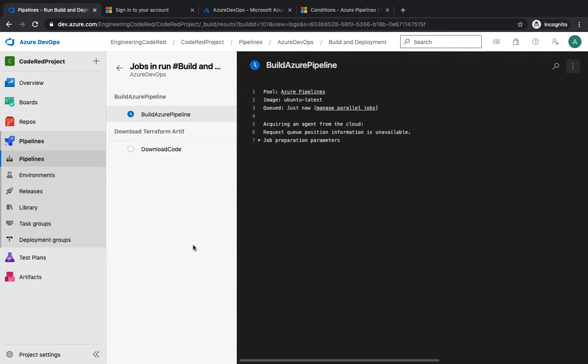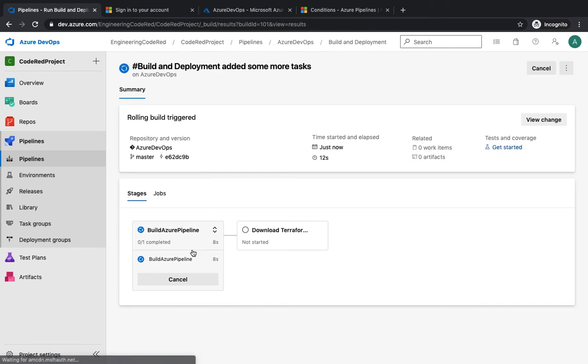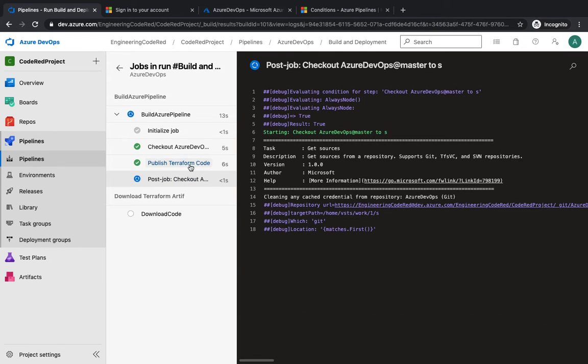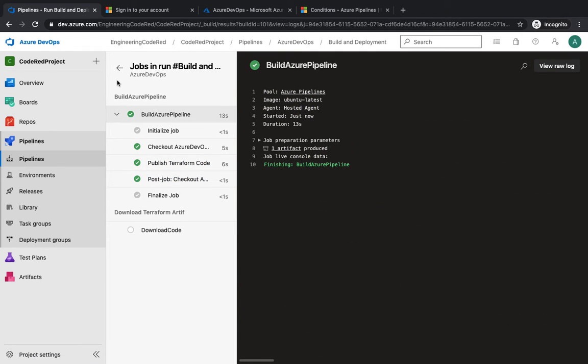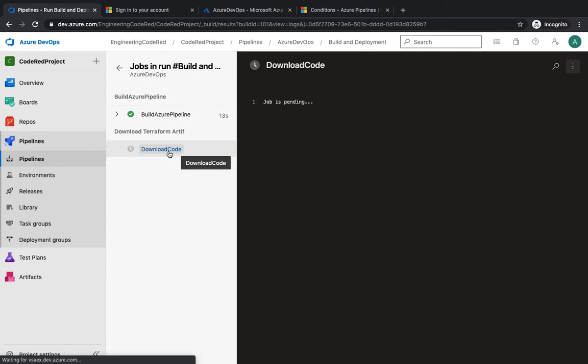The first stage is where it builds the pipeline, it builds the artifact, and then in the second stage it starts downloading the code and runs the actual code, which is Terraform init, plan, and validate. So the first one is done, I guess, or it's on its last step. This is done now. It's going to move on to the next stage, which is going to be Terraform download code,